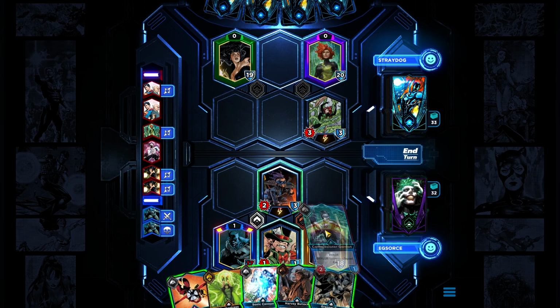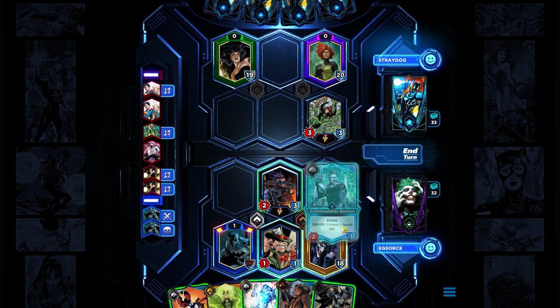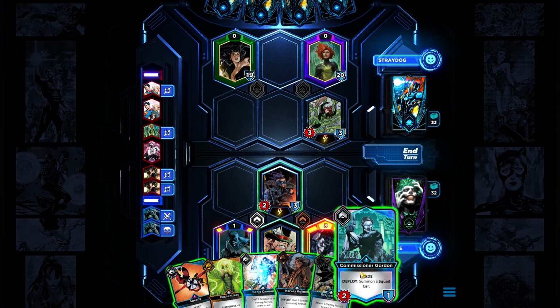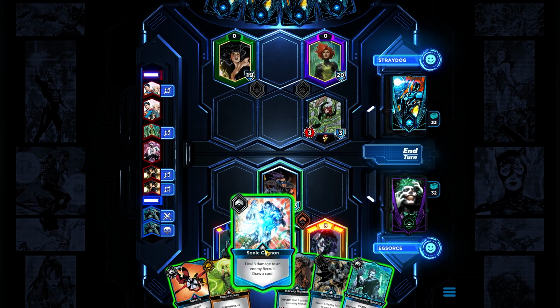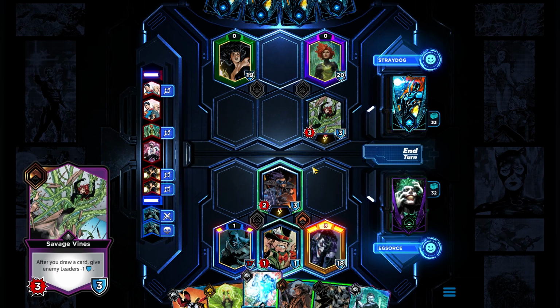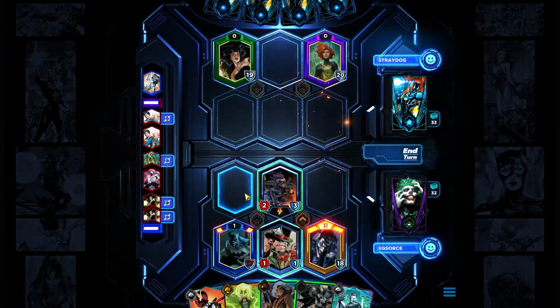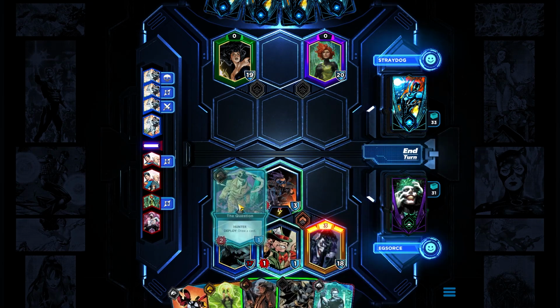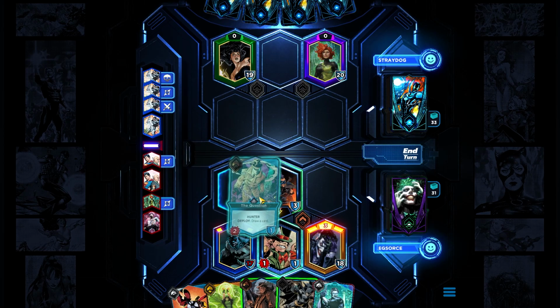So what we can do is play, say... I could play the Commissioner. No, I think I'd rather do Sonic Cannon. I want to draw a card, and if it's an Arkham Inmate, then my Mad Hatter gives it +2/+2. It ended up being the Question, which is fine. Actually, it'll let me draw another card,